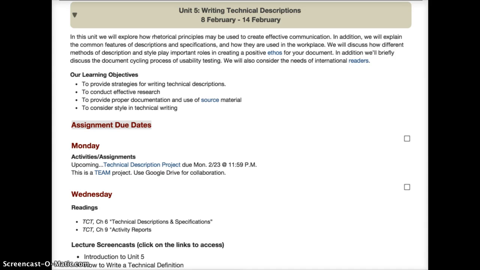In this unit, we will explore how rhetorical principles may be used to create effective communication. In addition, we will explain the common features of descriptions and specifications and how they are used in the workplace. We will discuss how different methods of description and style play important roles in creating a positive ethos for your document. In addition to that, we will briefly discuss the document cycling process of usability testing, and we'll consider the